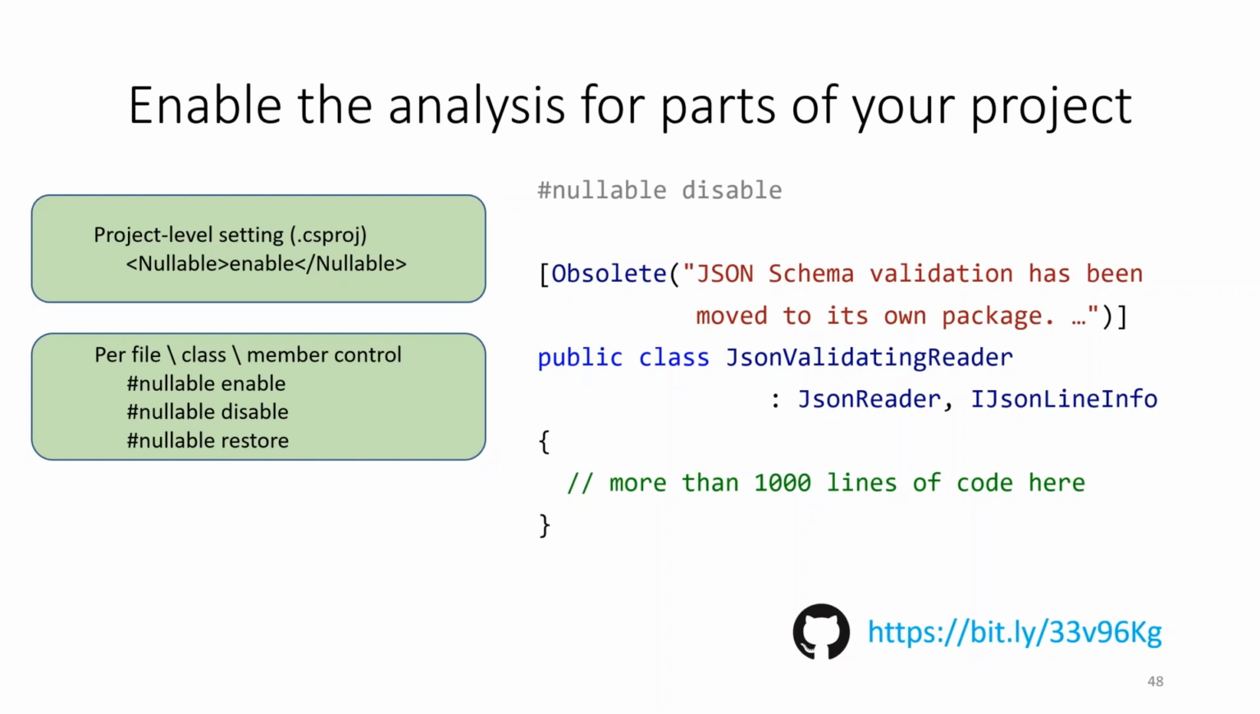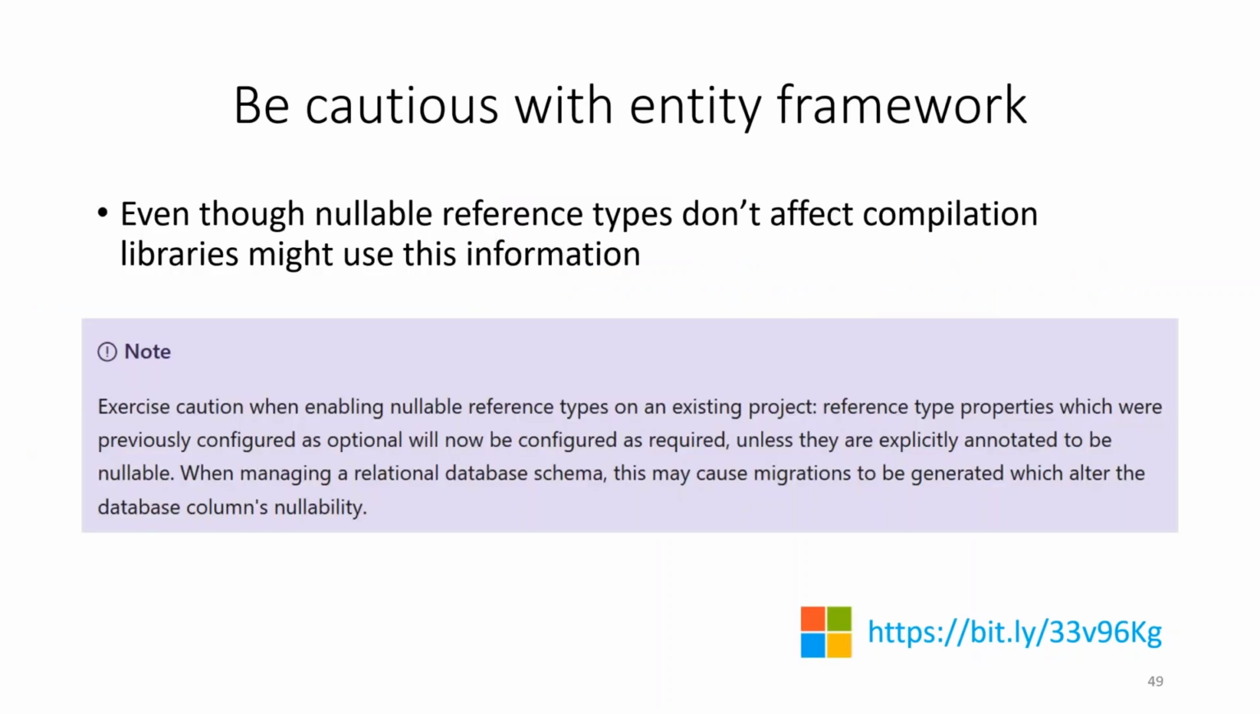So you can just disable nullable context there, and you will not get any warnings, you will not get annotations, it will be just a gray area for the compiler. And this is what you might want to do with Entity Framework models, because this is the problem I encountered in my pet project. I enabled nullable reference types, and the next time I ran my app, my database was migrated to non-nullable columns, because even though nullable reference types don't affect compilation,